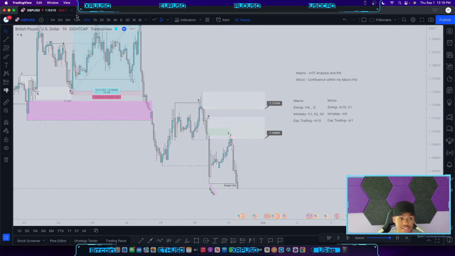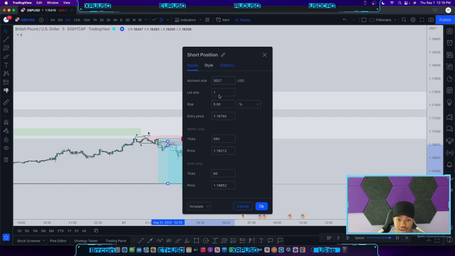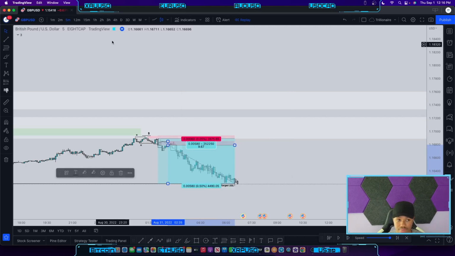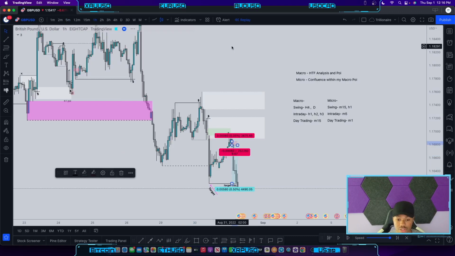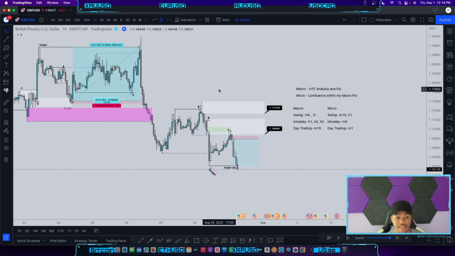Now, as you guys can see, if we go back to the lower time frame, let me just add this trade on the higher time frame really quickly. All right, let's go back to the H1. So as you guys can see, the last 2 trades taken on GBPUSD, both called out within the trade alerts. It was a 19.38% trade and a